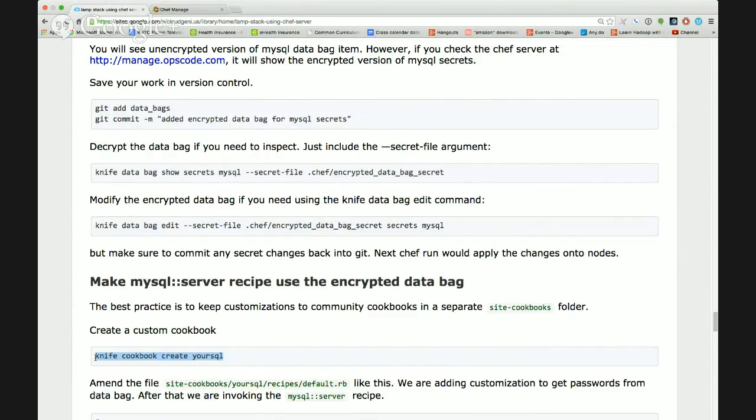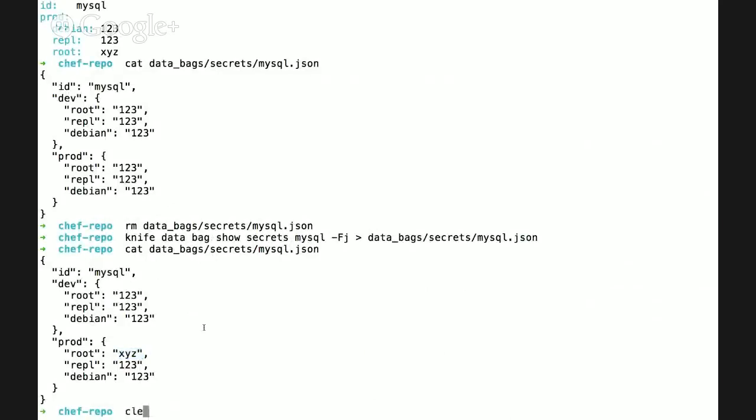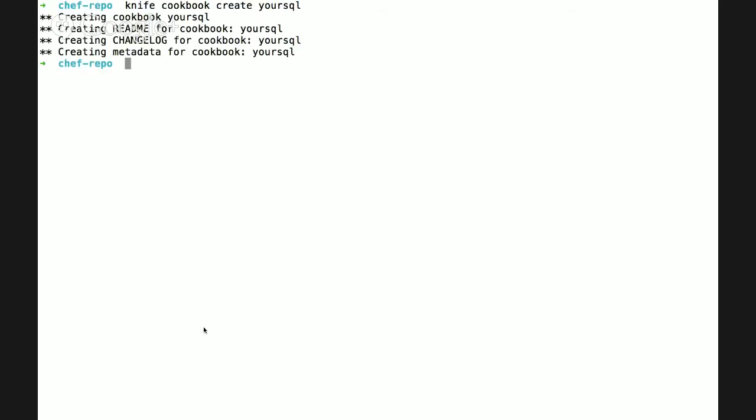And that method is what we are going to do now, by creating a custom cookbook called Your SQL. It will be Your SQL, not MySQL. So this is the way to create a custom cookbook: you come here, clear, and say knife cookbook create Your SQL. And it creates a cookbook called Your SQL. And the cookbook gets created in the site cookbooks folder. So you'll go to the site cookbooks folder, and here you will find there is a Your SQL cookbook. You look at the tree for that,